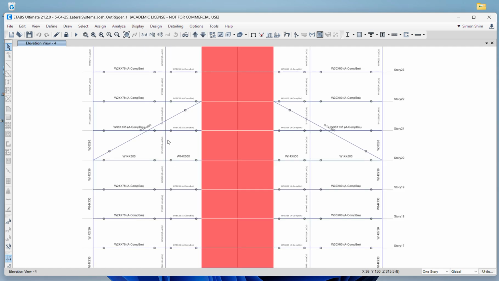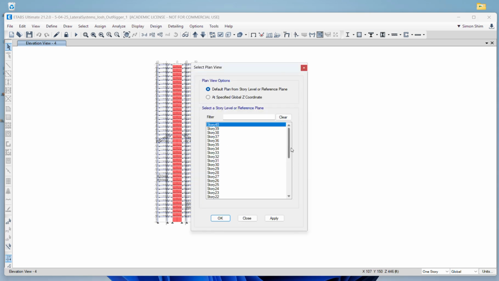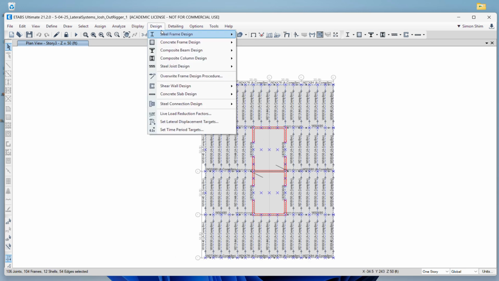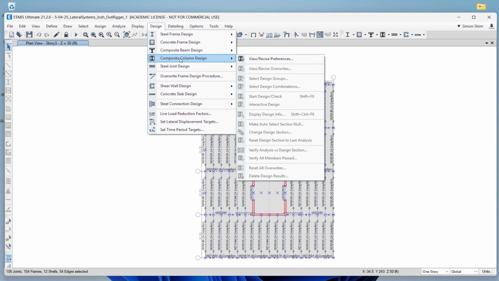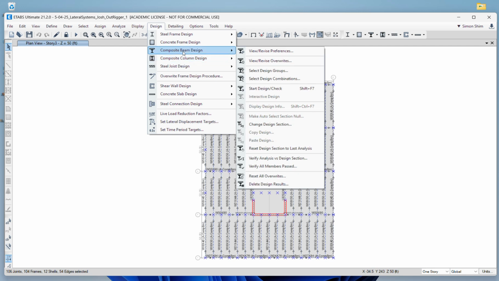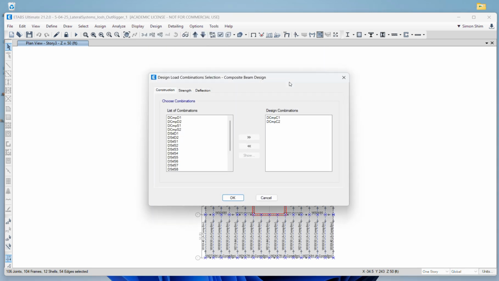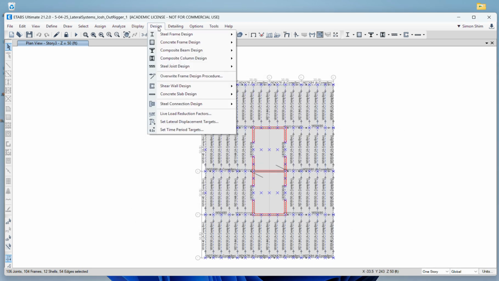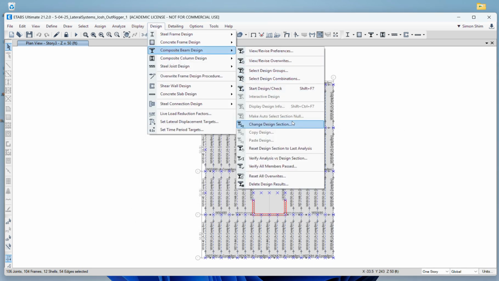All right. First you need to know that this is the composite floor framing design, right? So first you need to start with the composite beam framing design. You need to use composite beam, and then let's see load combinations, strength. This seems correct. So I will just run